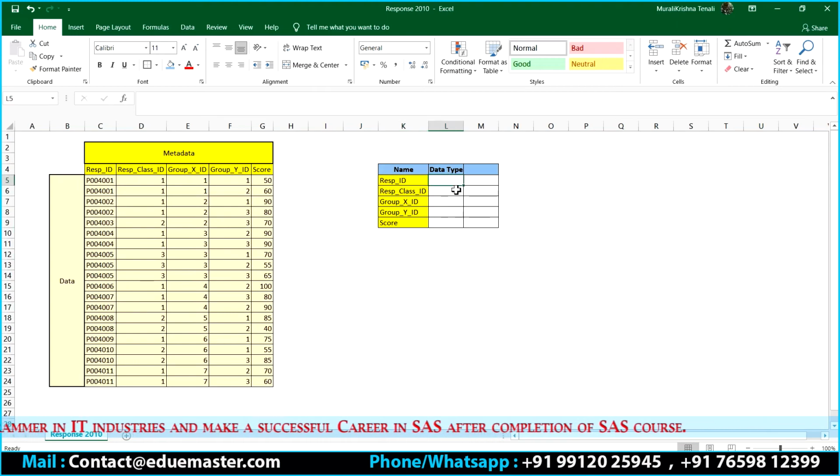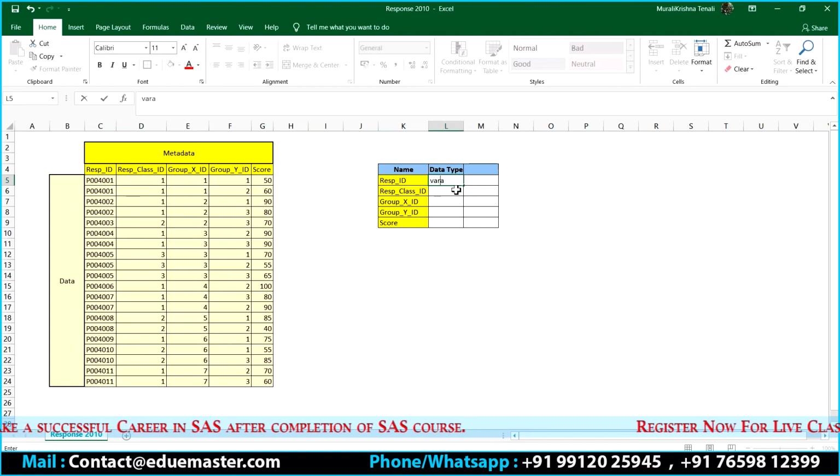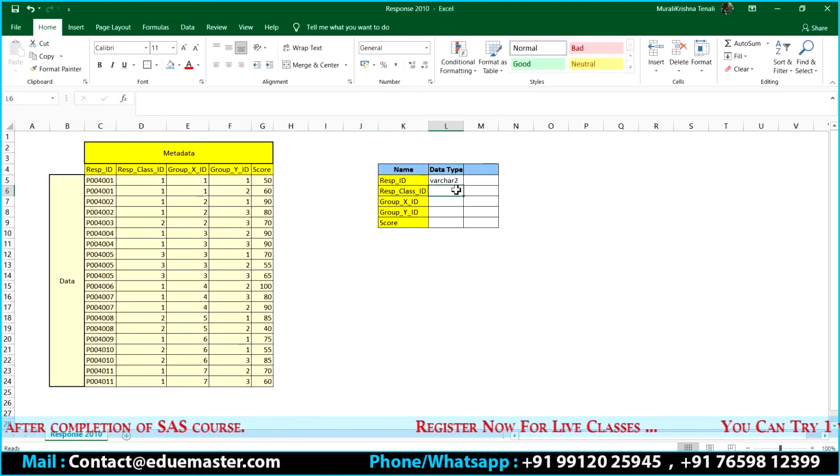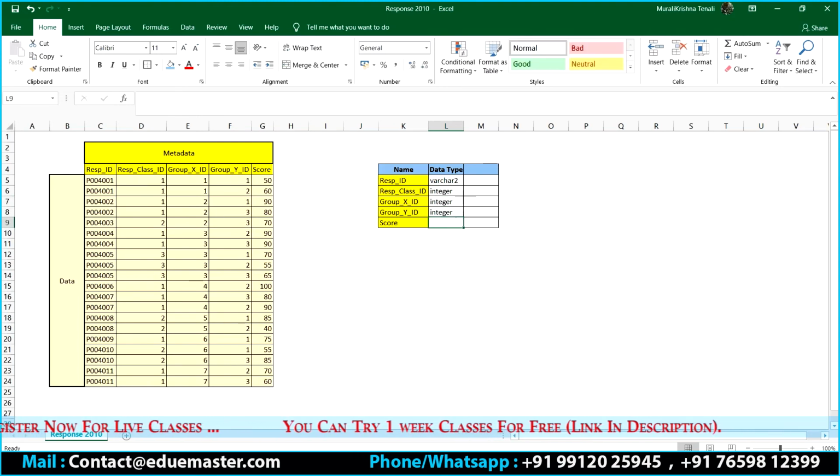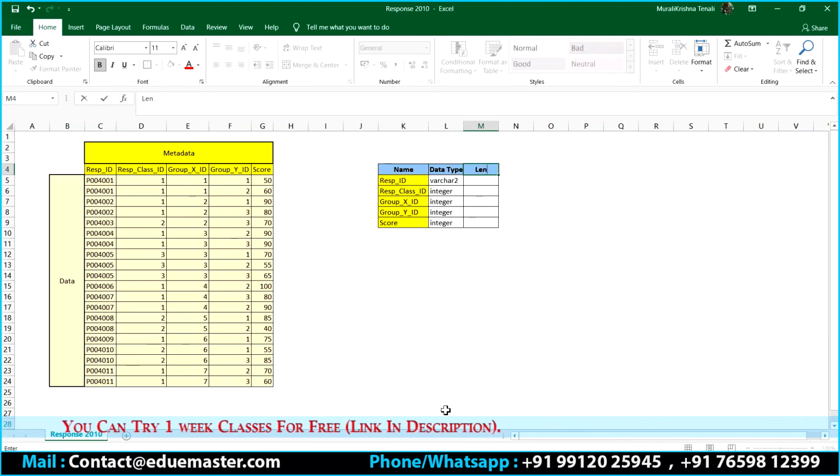Suppose I want to go with the respective ID, let's say it is going to be varchar2. I'm just telling you. When it comes to the other IDs, all those are numbers only for me, correct? I simply put integer for the remaining. And the third one is nothing but the length.